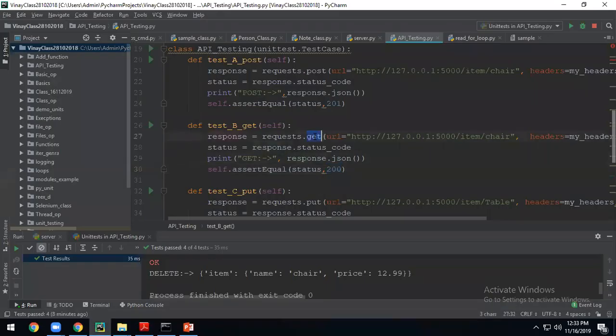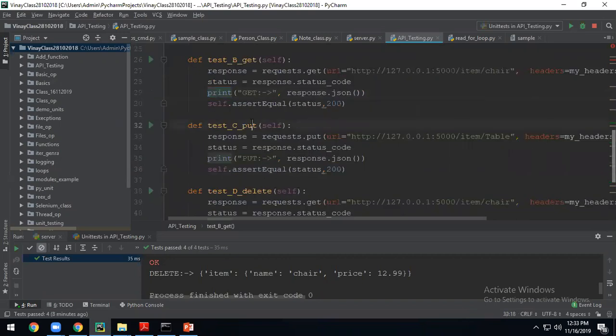So first thing is you have to check whether the request is success or not. If the request is success, then you can print what is the message here. I am trying to convert the response into JSON format and trying to print that. Whatever you have requested should come in the response here.